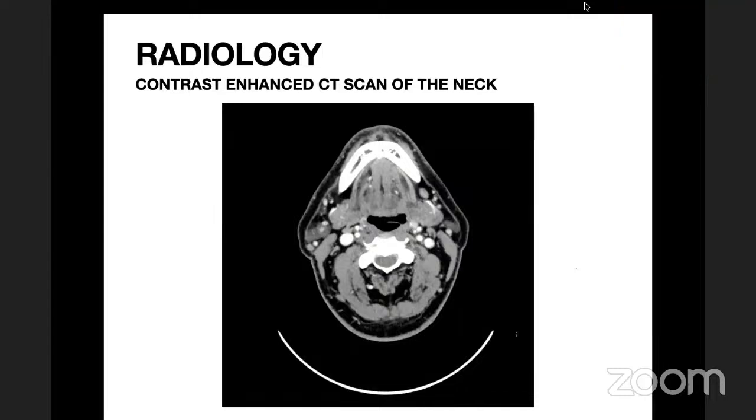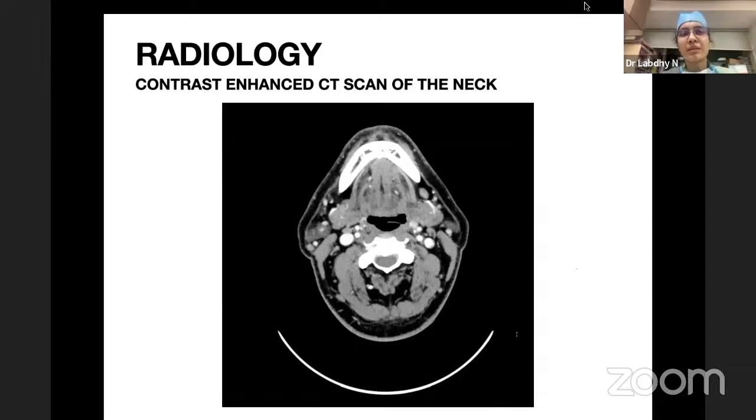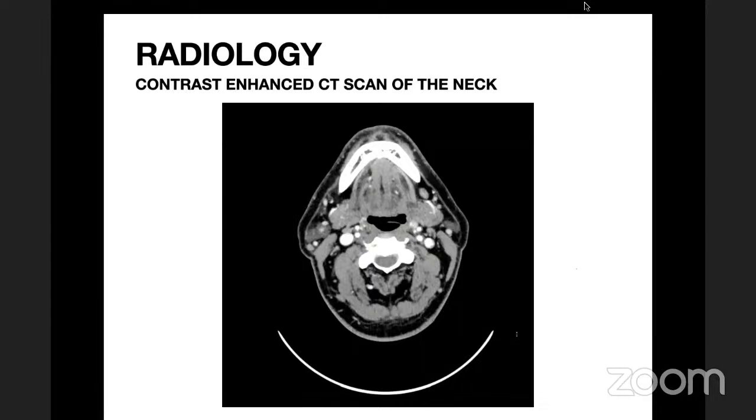So this is one thing that you will have to read about: the DECIDE and the Paradigm trials and the study by Ghee, where they have compared the results of CTRT versus induction followed by CTRT. And Ghee's trial is the only trial that is positive for induction followed by CTRT.